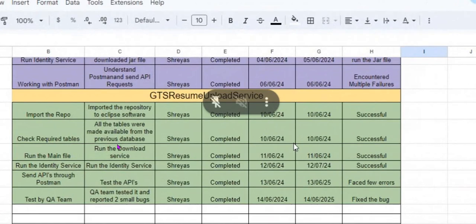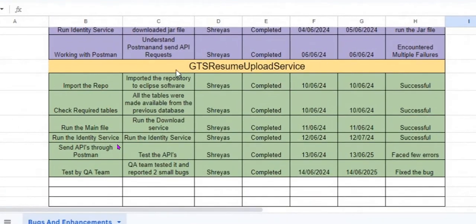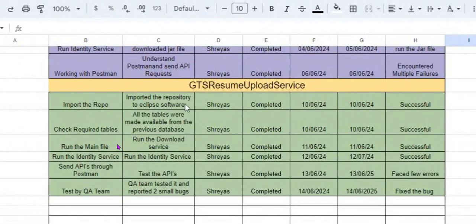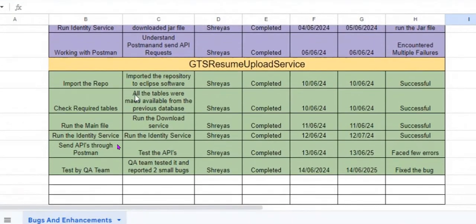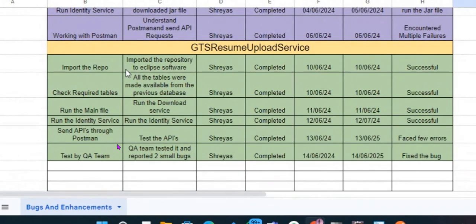Visible. Yes, sir. So today I'm going to present my microservice. My microservice is the resume upload service. This is a Google Sheet where I have updated all the things which I've done for successfully running